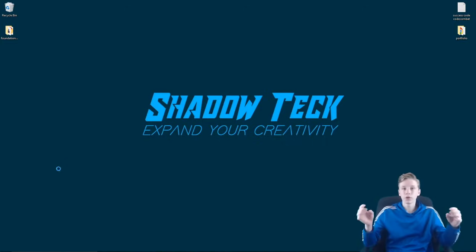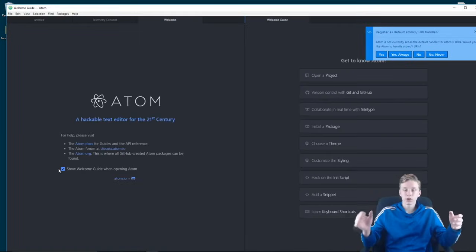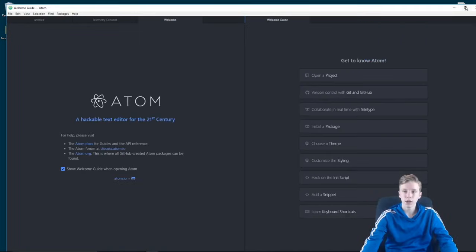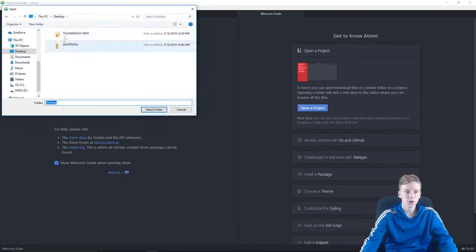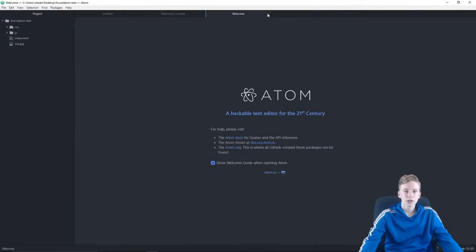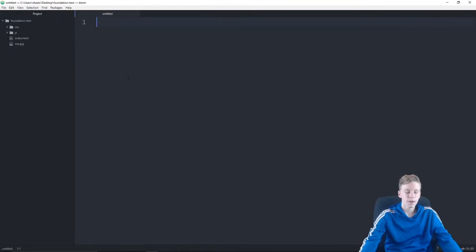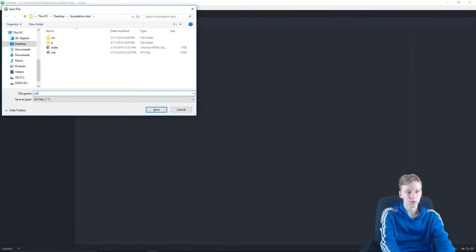So we're going to open up a new tab in Atom, and we're going to open the project as Foundation. We're just going to open up our Foundation, and then we're just going to exit out of all of these tabs, and we're going to keep this untitled tab right here. And we're going to press Control-Shift-S, and then we're going to name this one portfolio.html,